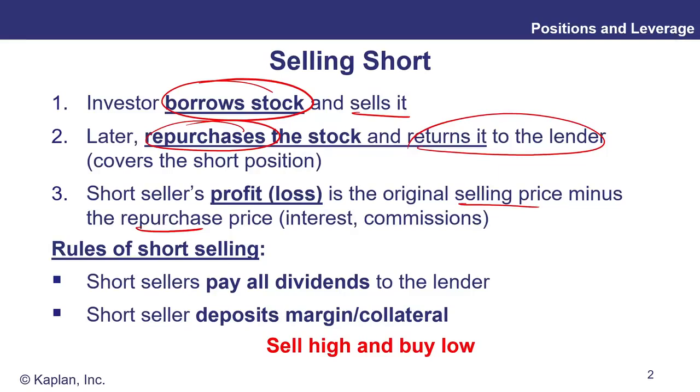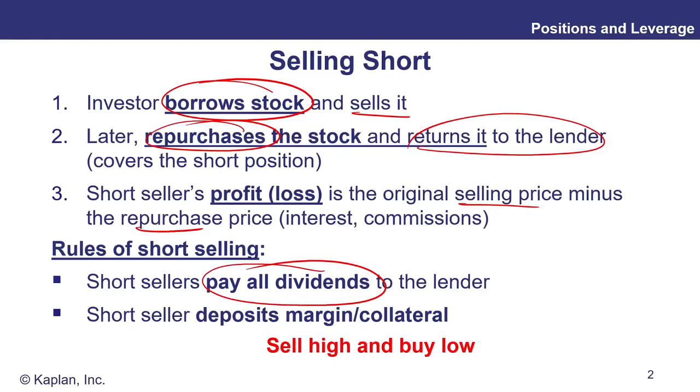And eating into that profit will be any trading commissions and any interest you had to pay for borrowing the stock in the first place. Now, if you are a stockholder and you're approached by a short seller to borrow the stock from you, you'll have a couple of concerns. Firstly, what happens when the dividends are paid? You're going to demand compensation for that. So the stock lender, the original owner of the stock, will receive all of the dividends paid during the life of the short position. The short seller will have to pay those to the lender.